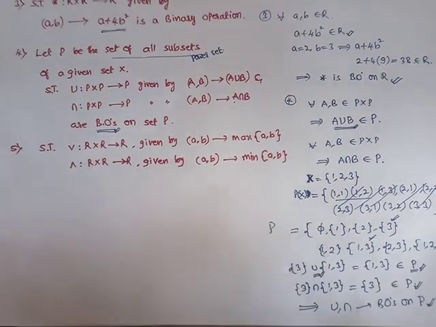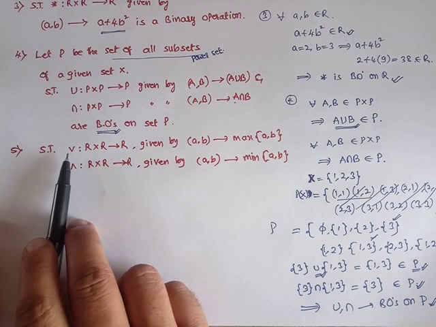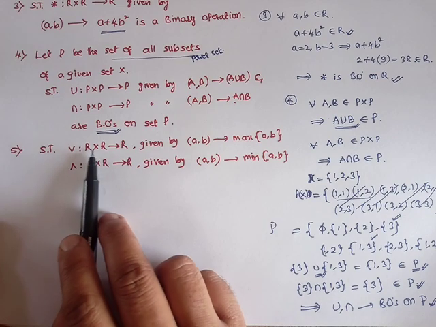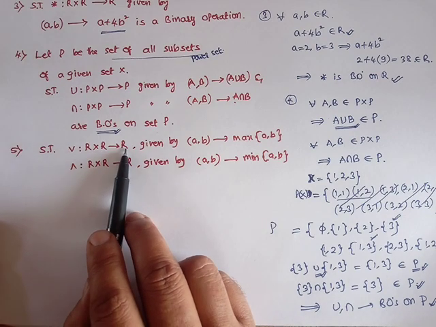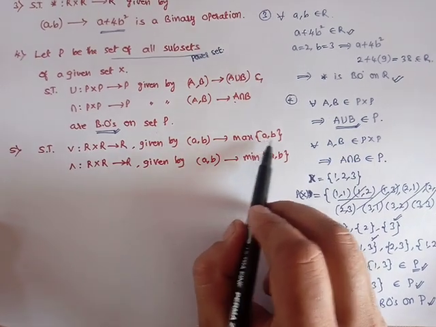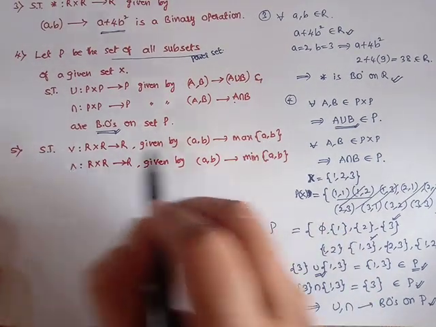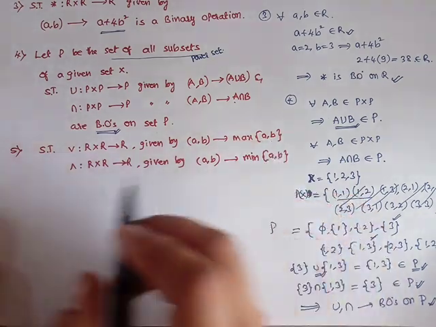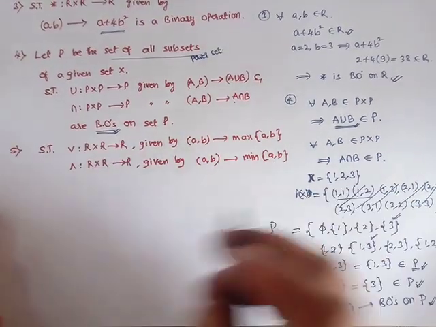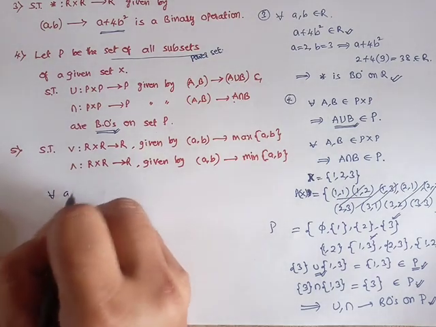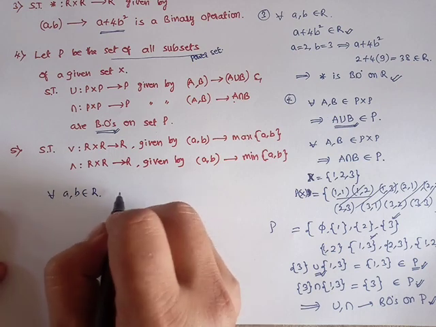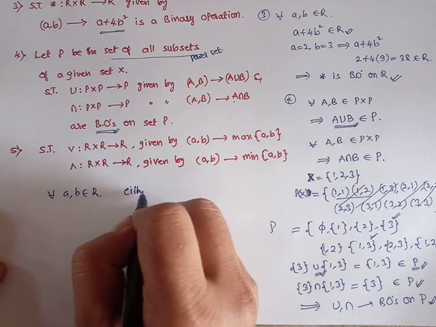Coming to the next question, show that, it is a kind of V or cap you can consider. So V is a mapping from R cross R tends to R, given by V(a, b) equals maximum of a comma b. So this symbol indicates the maximum of two numbers, and this cap indicates the minimum of a comma b. So for all a, b belongs to R,